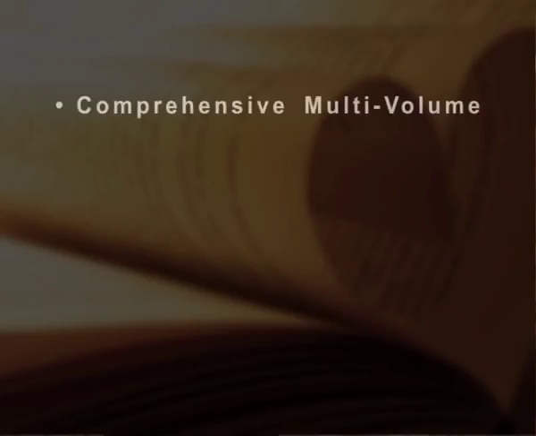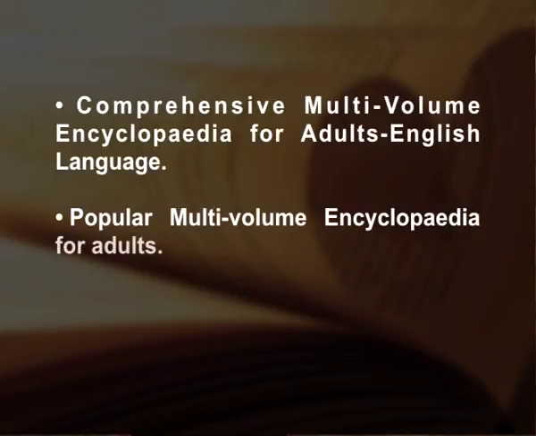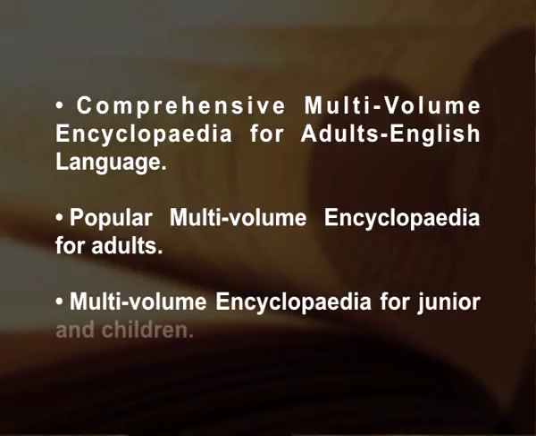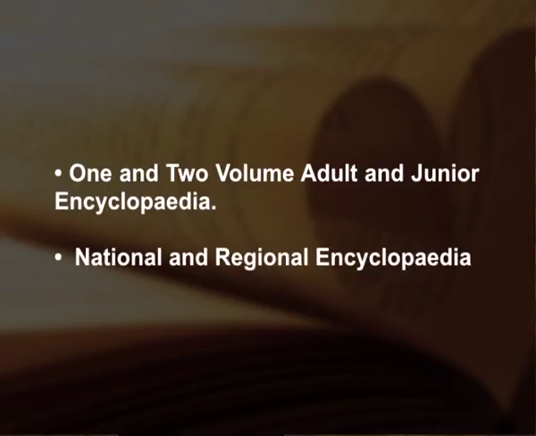General encyclopedia is classified into different types such as based on format, coverage, users, age and language. They are as follows: comprehensive multi-volume encyclopedia for adults, English language; popular multi-volume encyclopedia for adults; multi-volume encyclopedia for junior and children; 1 and 2 volume adult and junior encyclopedia; national and regional encyclopedia. Some general encyclopedias are as follows: